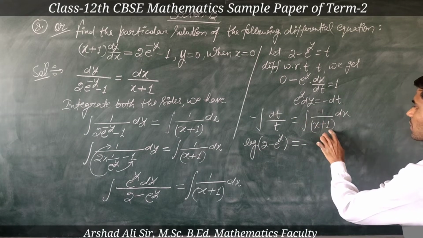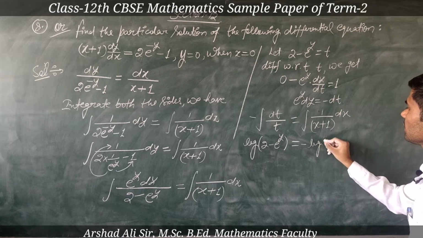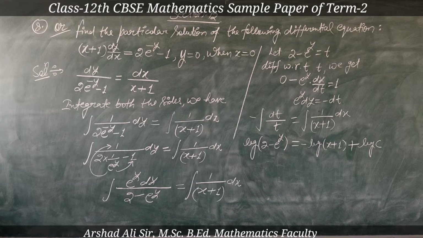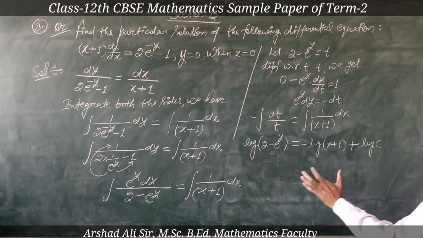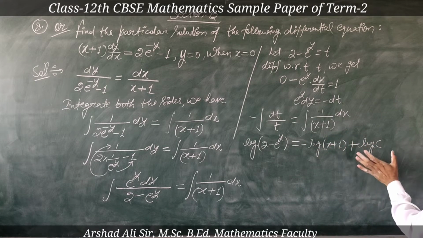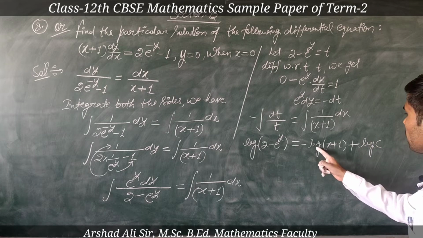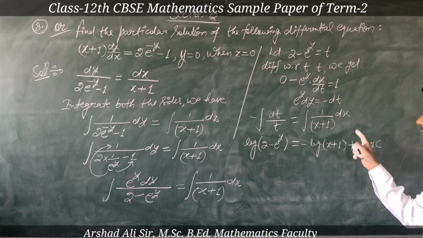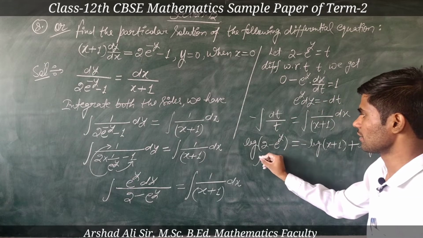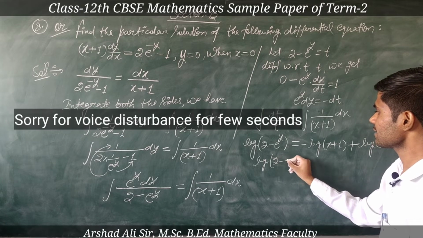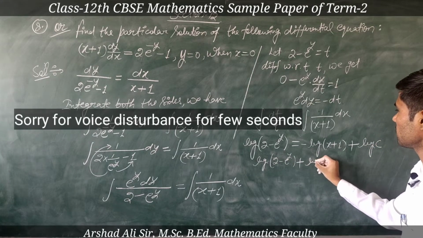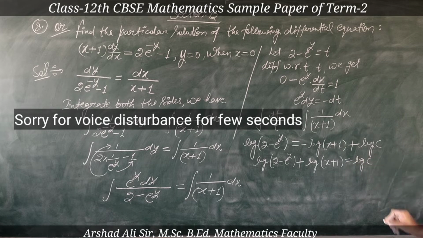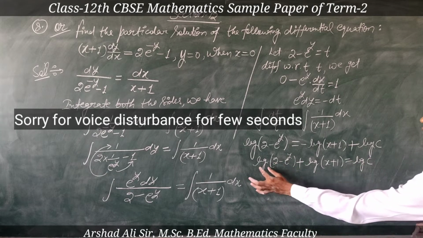1 upon x plus 1, it will be logarithmic x plus 1, and we can add any constant logarithmic c, because the complete question is in terms of logarithmic, so the constant we will add is log c. Logarithmic x plus 1 has a negative sign, we can bring this logarithm to the left side, minus to the power y plus x plus 1 is equal to the logarithmic